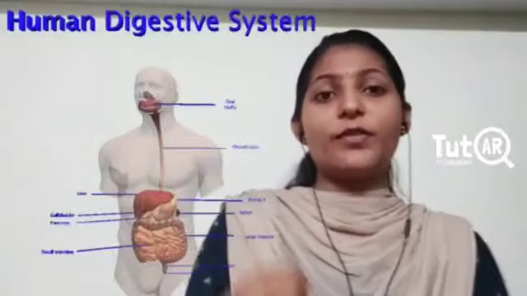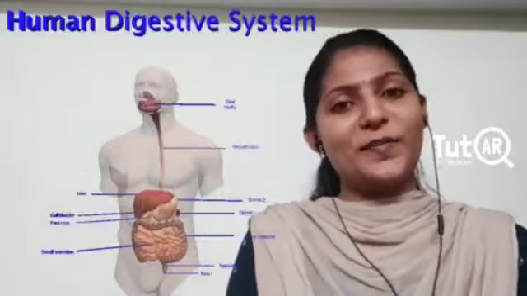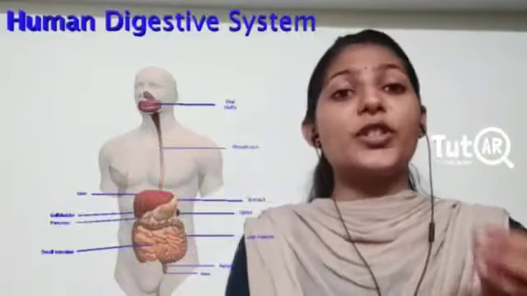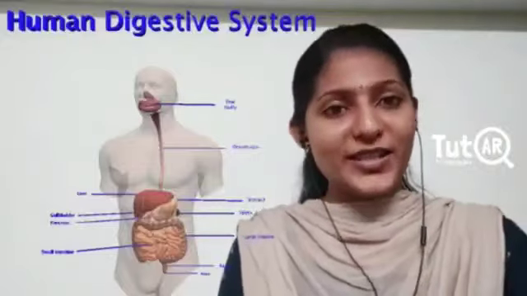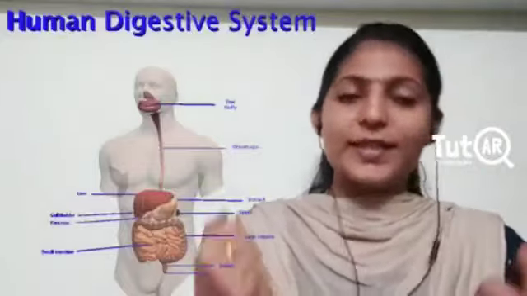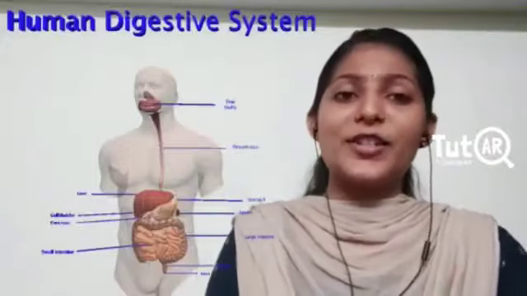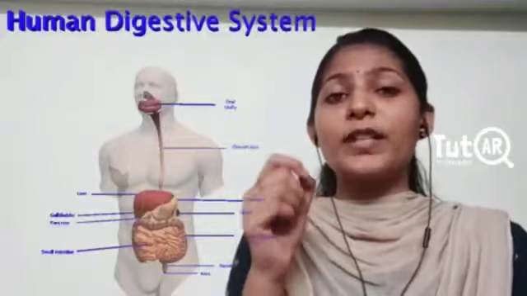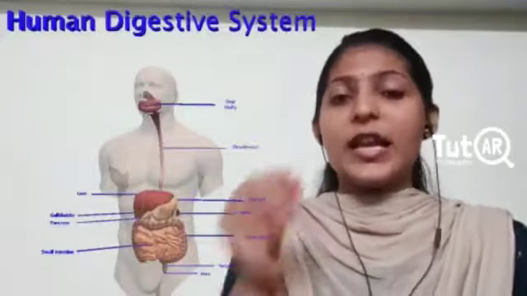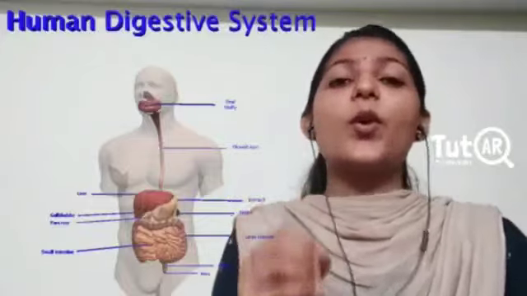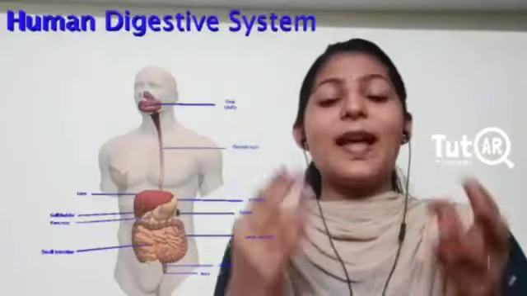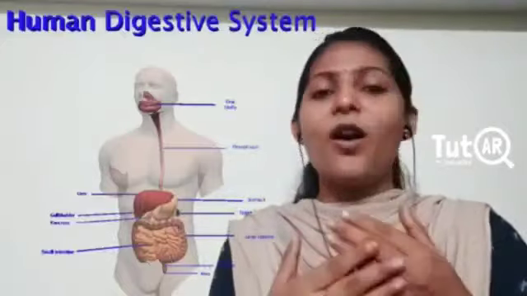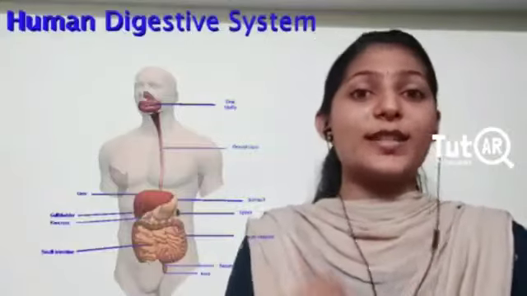Yes, all of us know that we need to eat food to get energy. When we were kids or growing up, your parents would have told you, you should eat well, then only you will be energetic, then only you will grow. Yes, this is true. So what is this process called? Digestion. Digestion is actually the process of breakdown of the complex food substances that we take in into simpler substances so that they can get into the bloodstream, and that's how we get energy for cell growth or tissue repair, all these purposes. So that is simply what digestion is.